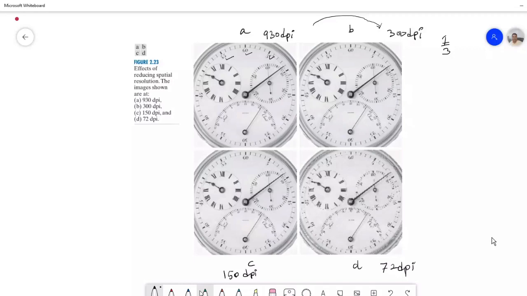मेरी आवाज आ रही है कि नहीं आप लोगों को? Yes, sir, आ रही है सर. Okay. Now another thing, I have decreased the size from 930 to 300 to 150. मीन्स आप देख सकते हैं कि मैं इस इमेज से इसको कंपेयर यदि करता हूँ तो मैंने इसके साइज को कितना टाइम्स कर दिया? 6 टाइम्स क्या कर दिया है?